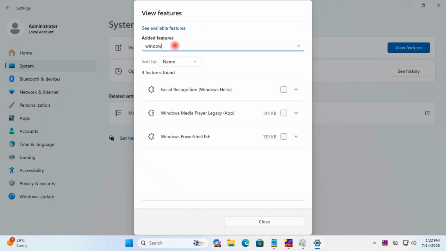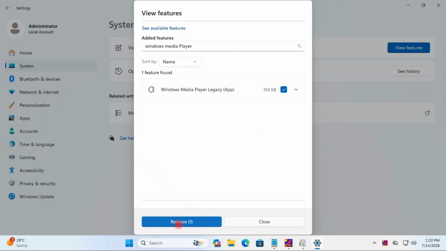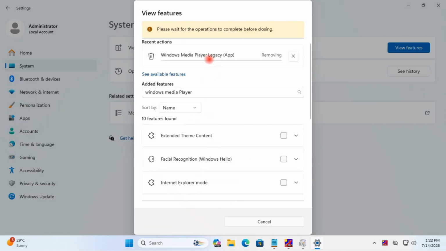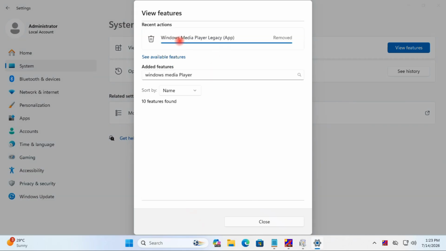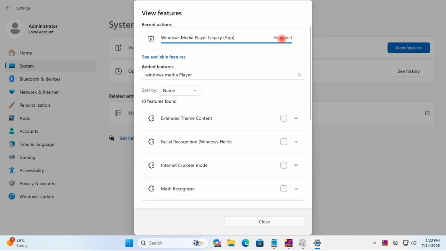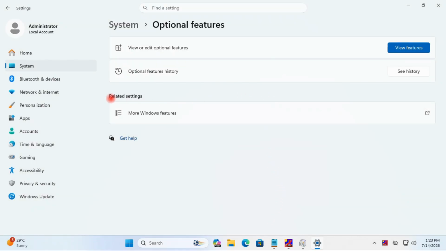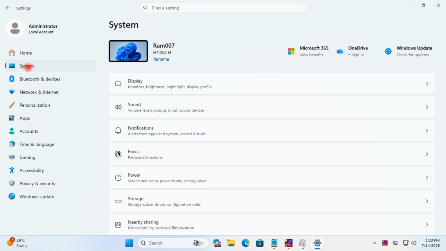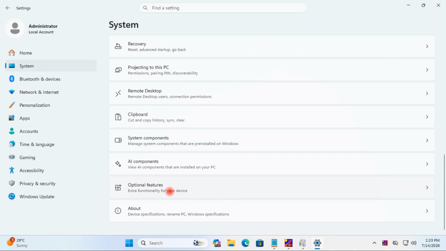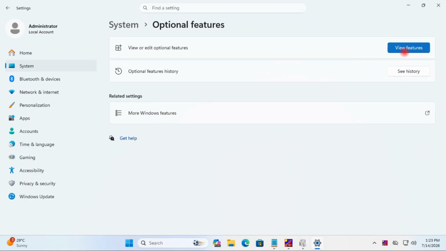Now find Windows Media Player. So here is Windows Media Player Legacy app. Now guys, check this checkbox and click Remove. Okay, so your Windows Media Player will be removed from your PC. So guys, you can see here Windows Media Player gets removed from your PC. Now close this dialog and again click System, click Optional features and again View features, click here